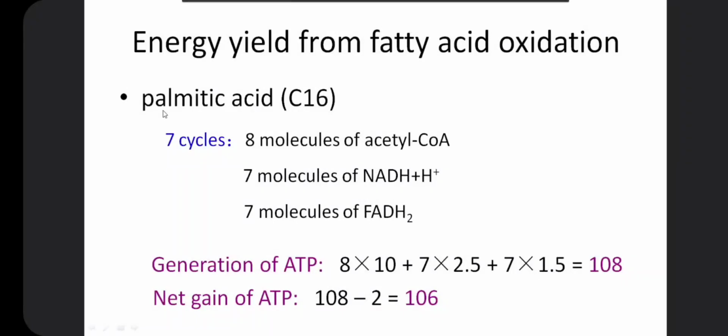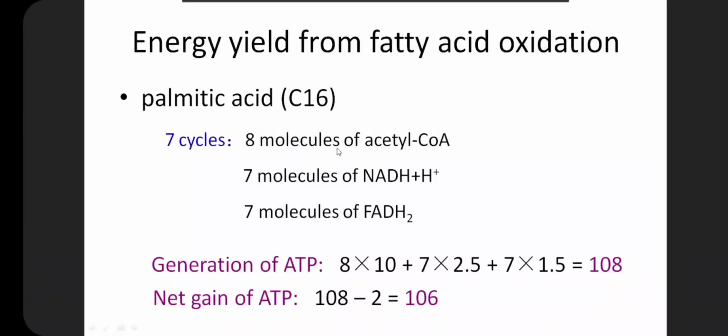Okay, so next we take palmitic acid as an example to calculate the energy yield from the fatty acid oxidation. The palmitic acid contains 16 carbon atoms. After beta oxidation, the palmitic acid can be converted into 8 molecules of acetyl coenzyme A. It includes 7 cycles of beta oxidation, and this results in